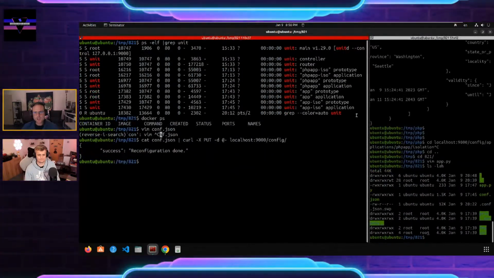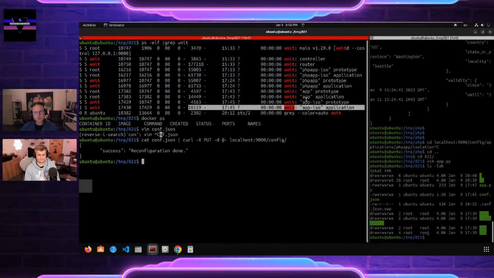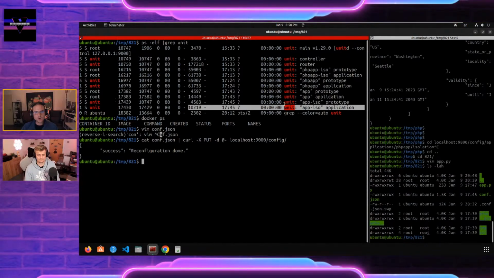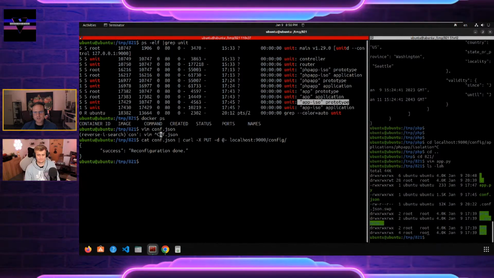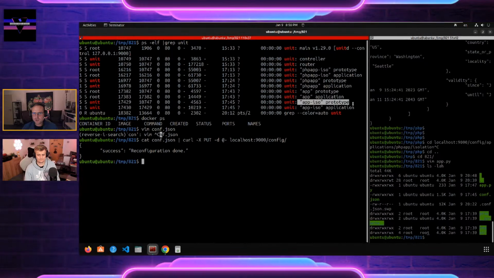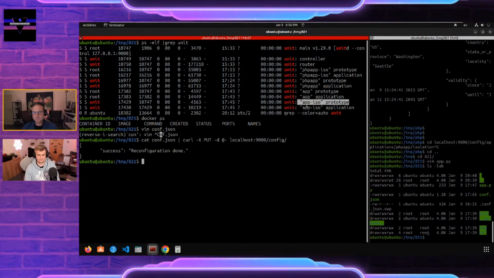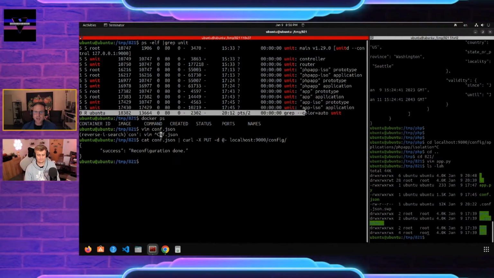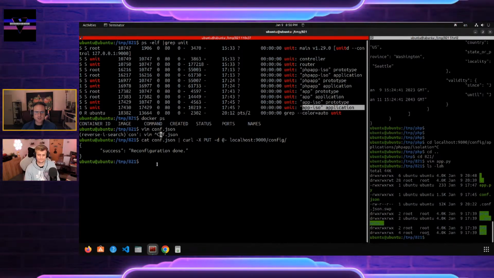What we changed is the app ISO. And what we see here is the old output was 1 prototype. That is basically a template for Unit to launch more application processes if we need to scale up based on traffic. And that is the actual application process. And when we do the ps output once more,